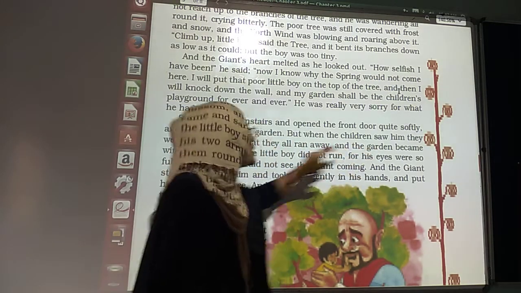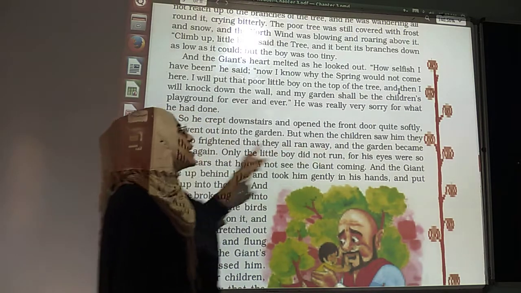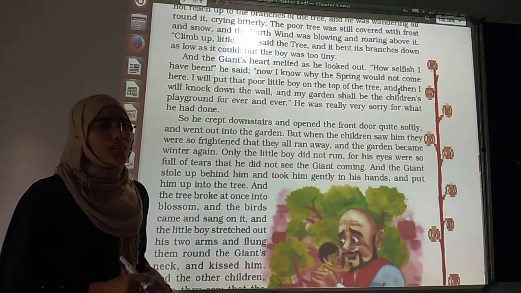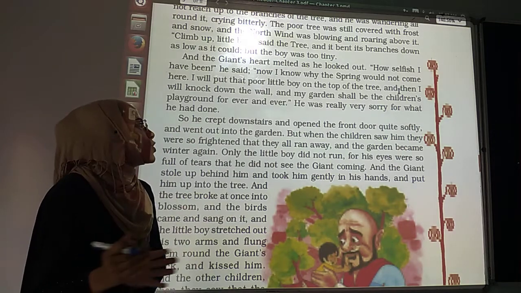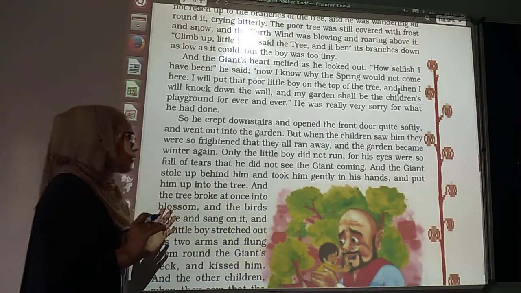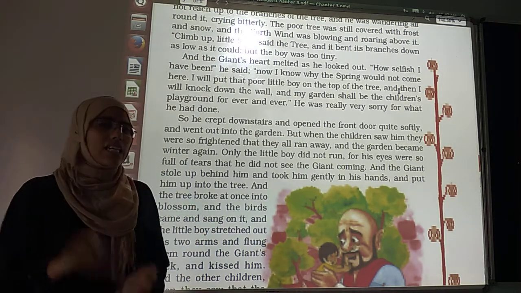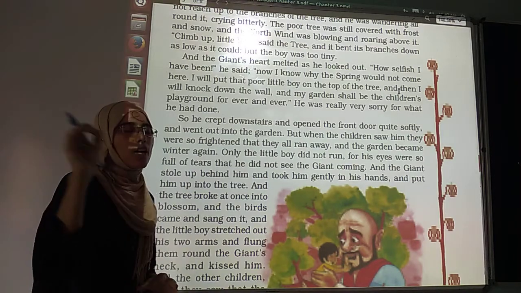But when the children saw him, they were so frightened that they all ran away, and the garden became bitter again. When the children noticed that the giant was coming near, they got frightened and all ran away from the garden. So once again the garden became winter.